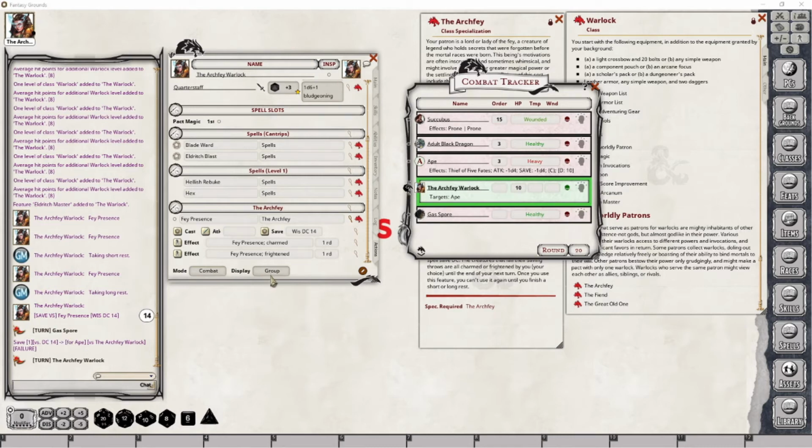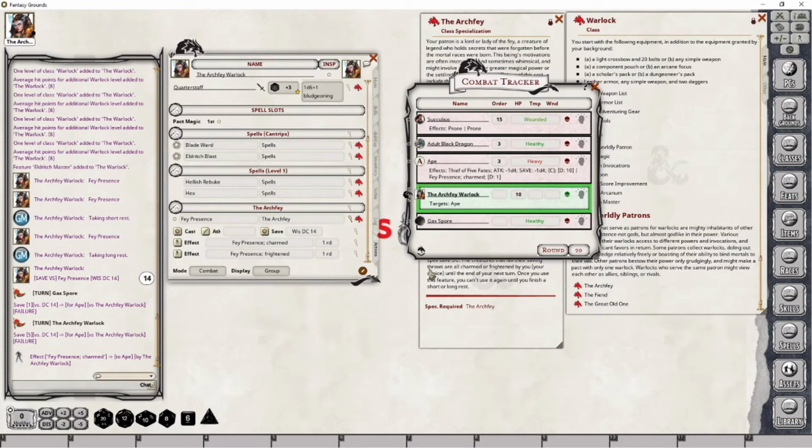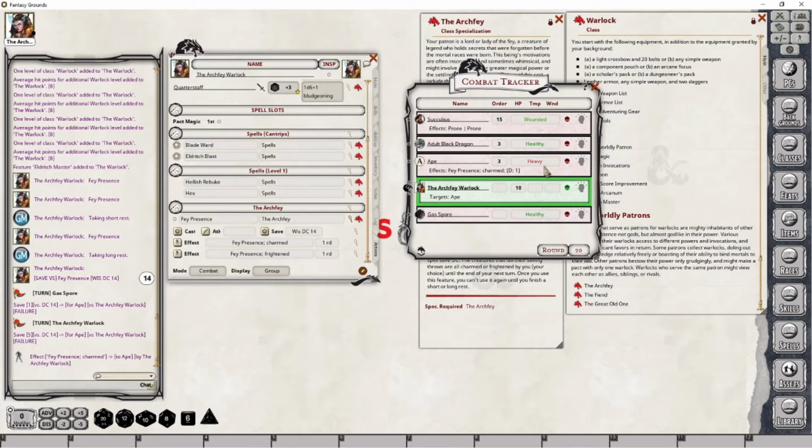So, now that I'm this character, let's go ahead and roll that against the ape. Now, again, why are you rolling 1d4? Doesn't matter. It still failed. Now I can either choose Charmed or fail. So I'm going to choose Charmed. So now that ape is Charmed. Oh, I see. It rolled this because of this from the previous videos that I had done. I left that effect in place, apparently. I'm not overly worried about that. So now this ape is Charmed.